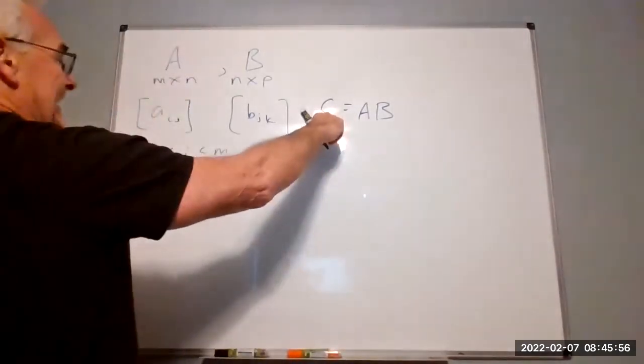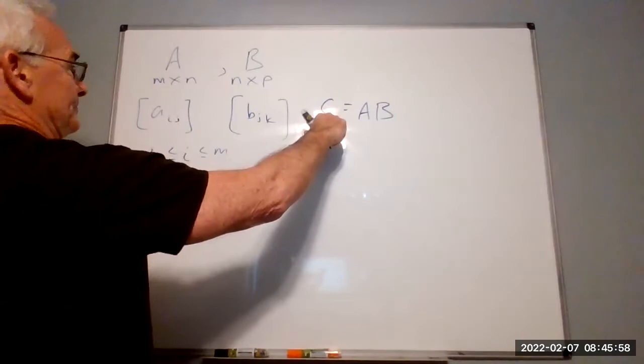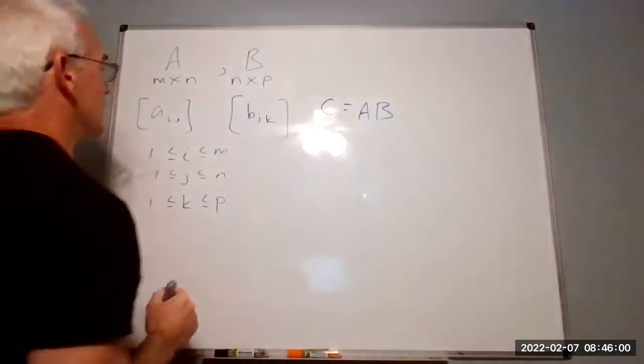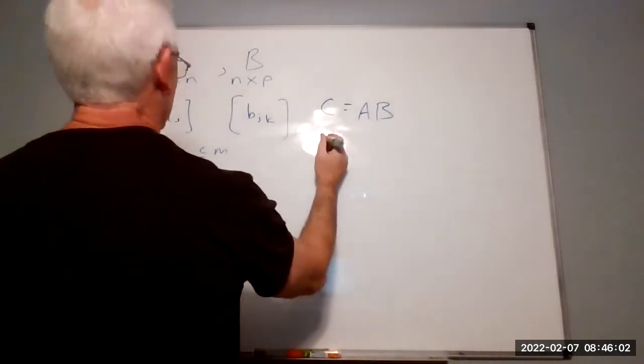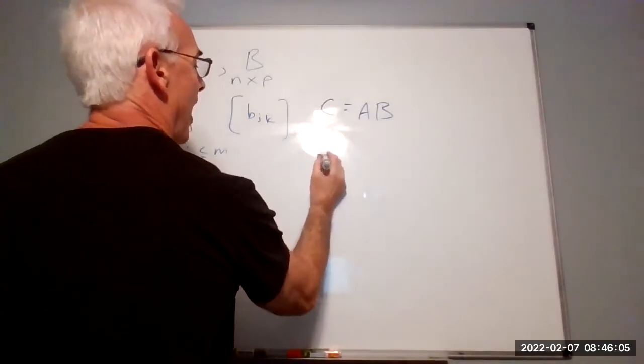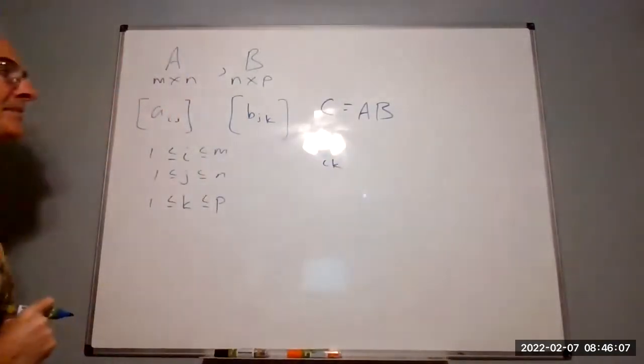Then in the resulting matrix, we're going to call it the CIK entry